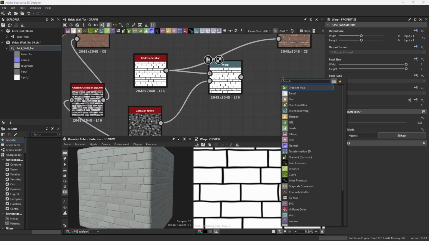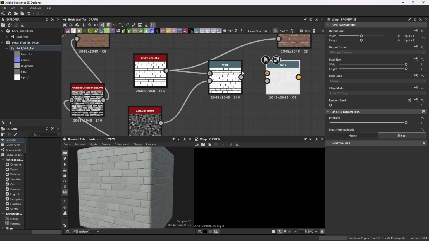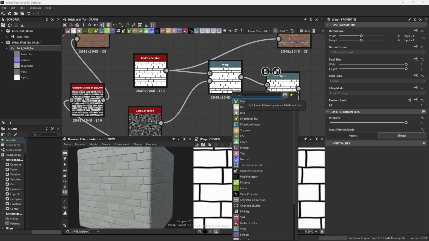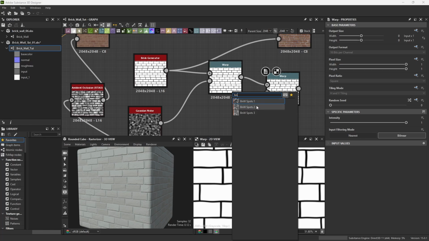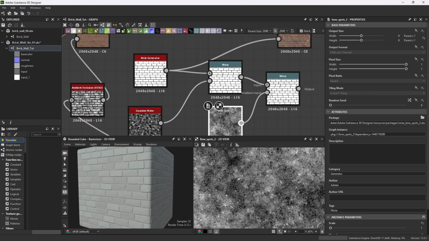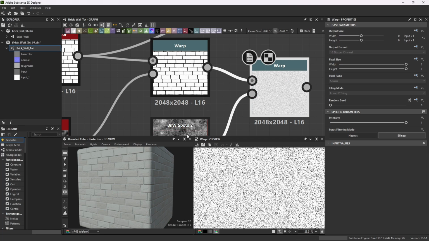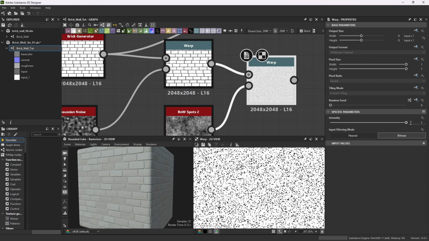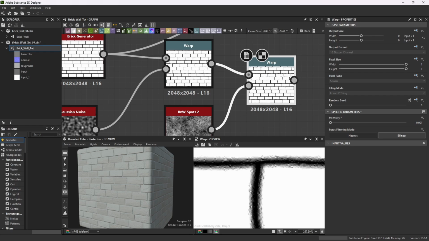Let's do another warp. You're going to do tons of warps when you make stuff. Black and white spots 2. Plug that puppy in. You'll see it kind of makes that crazy, but we'll dump that down as well. And this warp goes way down to 0.001. You can see the edges there now. See how nice that it adds those little